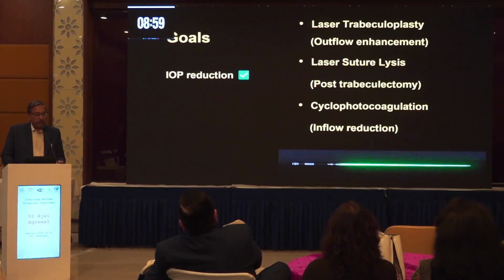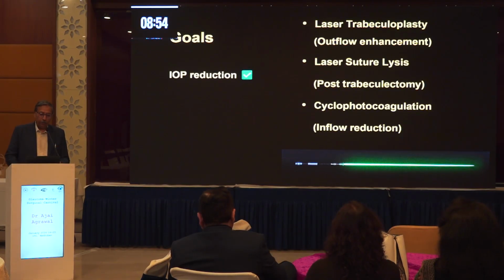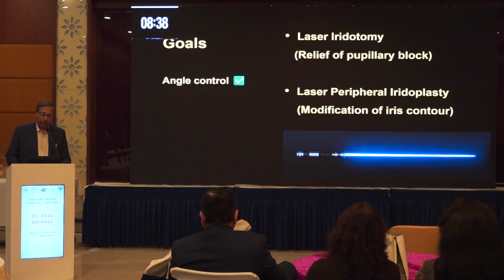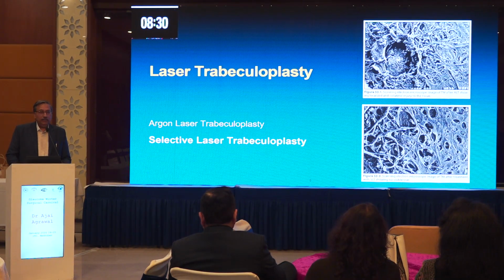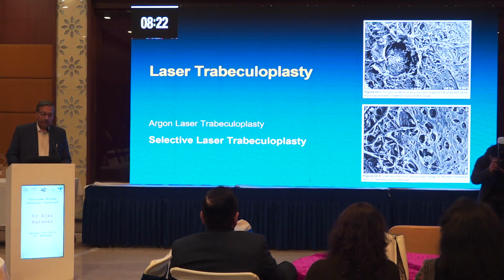IOP reduction is by laser trabeculoplasty, where we enhance the aqueous outflow, laser suture lysis post-trabeculectomy, and cyclophotocoagulation for reduction of the aqueous production. For angle control, we have laser iridotomy for relieving pupillary block, and laser peripheral iridoplasty, whereby we modify the contour of the iris. Laser trabeculoplasty can be either ALT or SLT, and now we also have a direct selective laser